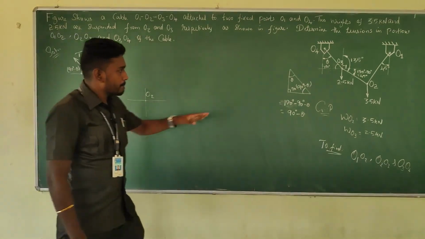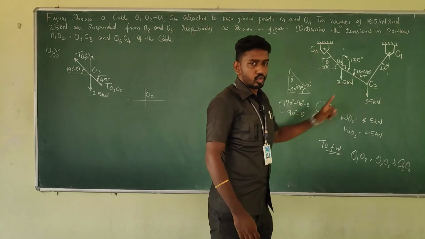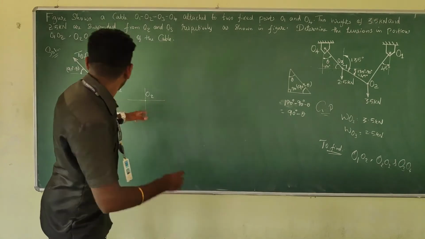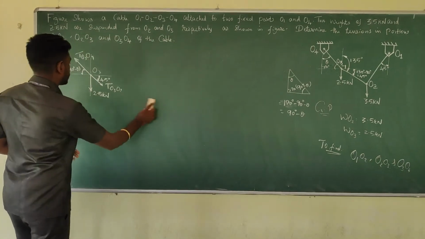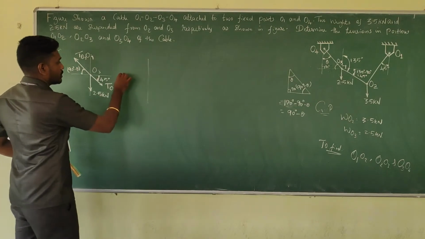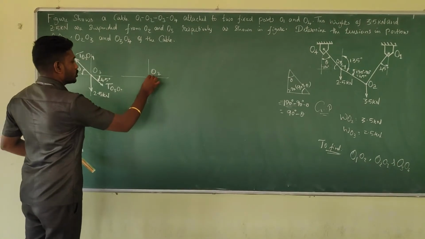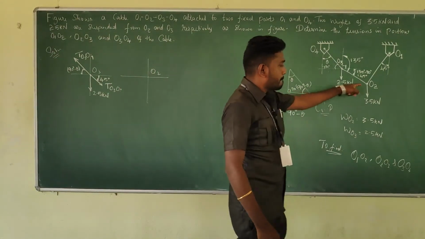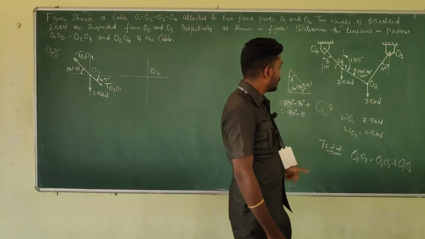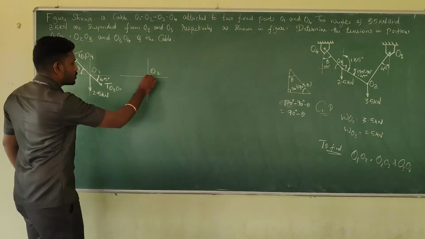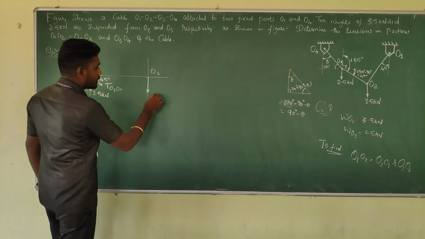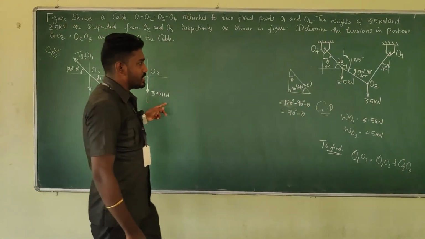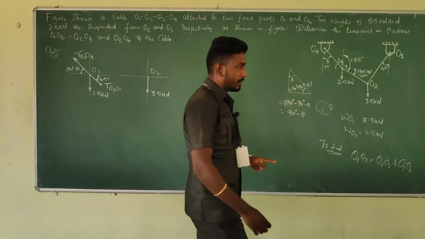Okay. And let's go to the next point, O2. Here is O2. Okay. So I shall make it in some other place. This is a point O2. Okay. Look at this diagram and see there is a weight which is just hanging downwards. So from the point O2 there will be a force, weight force, which is 3.5 kilonewton. And there is a cable connection between O2 and O1.